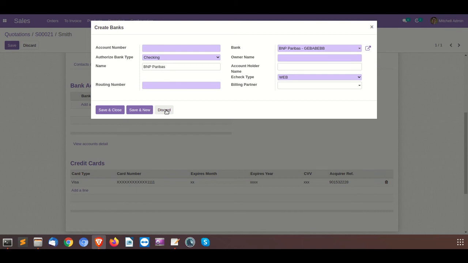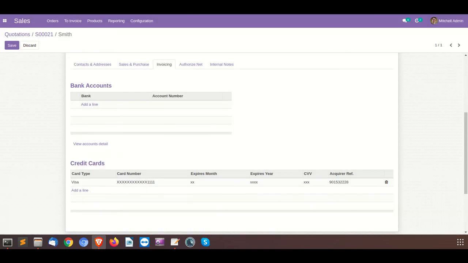Okay, so that's about the flow, how this authorize.net payment acquirer is working, how we can manage different kinds of transactions and the refund process, and how we can also perform transactions with the e-check method from the authorize.net payment acquirer. All right,